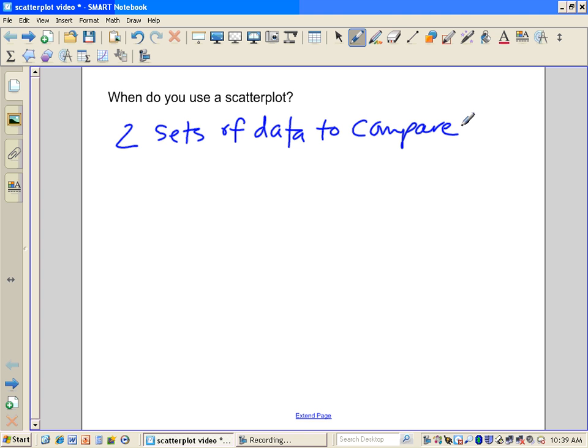Examples of two sets of data that you might want to compare would be a person's height versus their weight. And if you had a whole class of people's height versus their weight, you could plot one on the x-axis, their height, and their weight on the y-axis, and see if there's some sort of pattern or